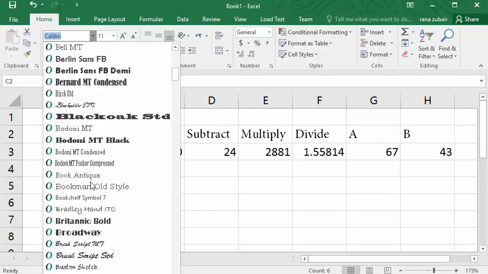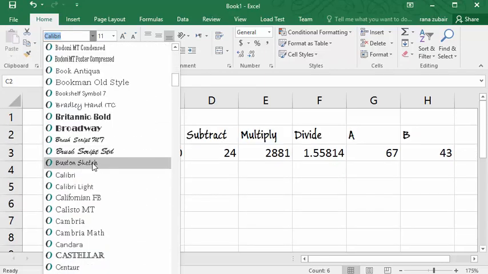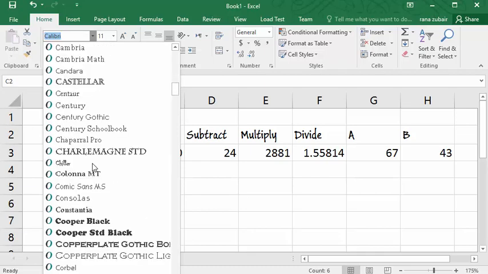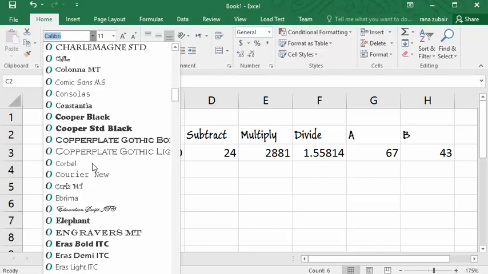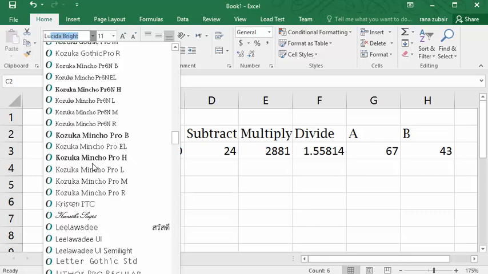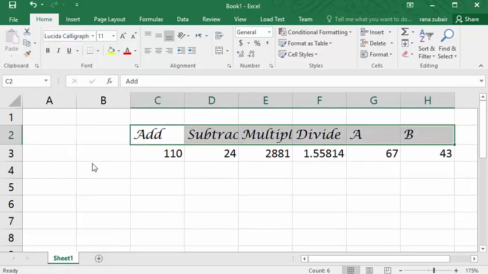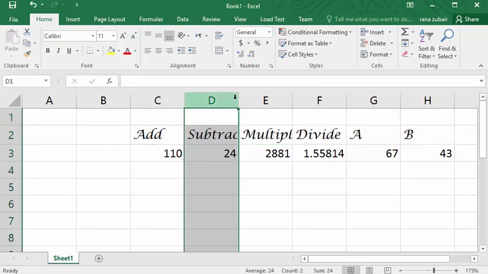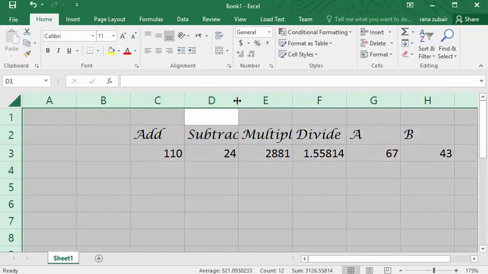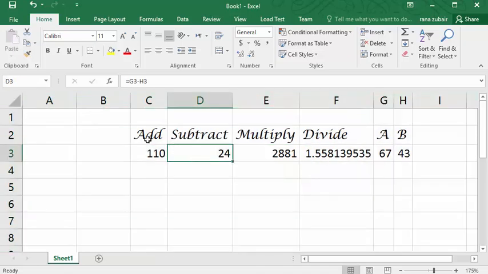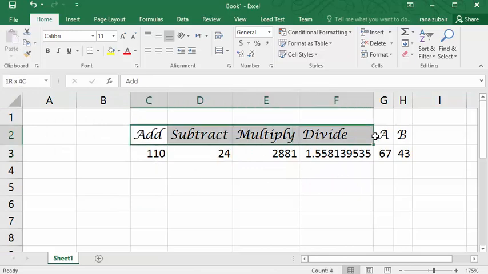Whichever you like the most, you can use it. Now you can see the fonts have changed. A and B are these, and these are the answers.